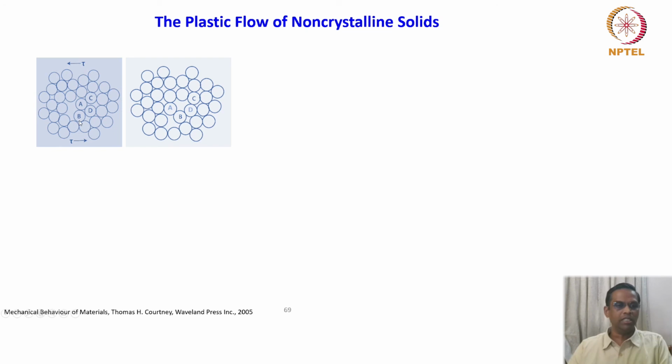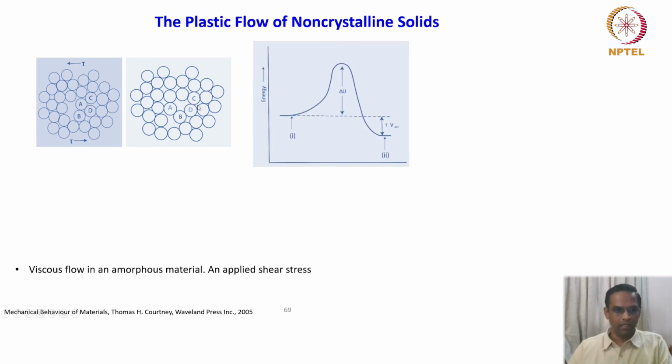So what is it that we are basically seeing? Suppose you follow these A, B, C, D atoms in a disordered range, and then when we apply the shear stress, what happens? These atoms now try to redistribute in the nearby region. So what is the driving force? The driving force is the free volume which is available next to this cluster. So that is the A atom. You can see that it is coming to this position, and then it creates another configuration. Then again it forms another free volume here and there. That is how the deformation takes place.